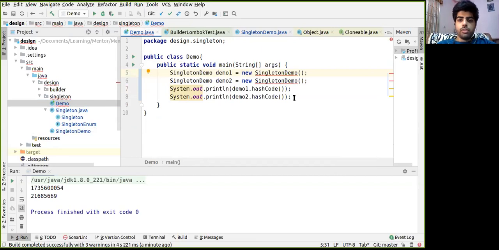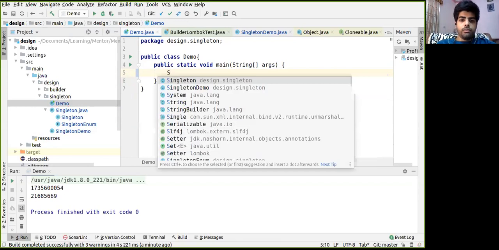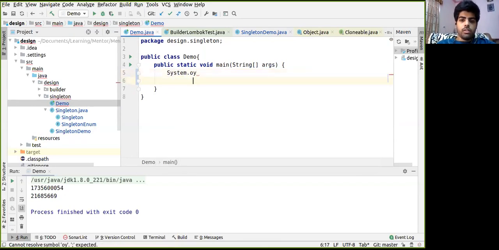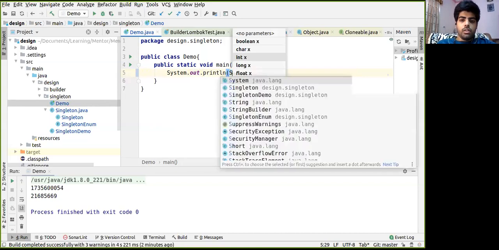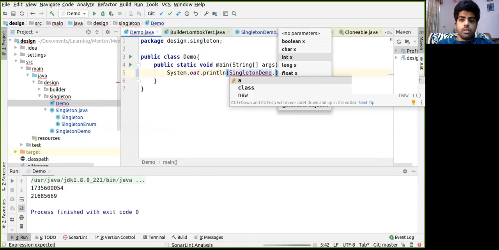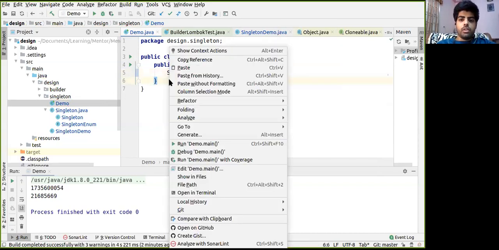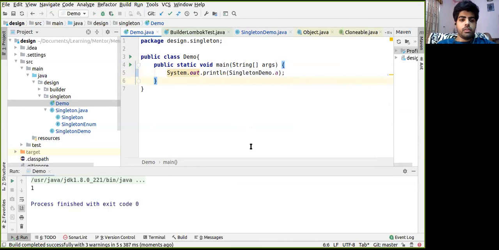Suppose, instead of this code, I want to print this integer. I don't need to create an instance of this class to use its state.